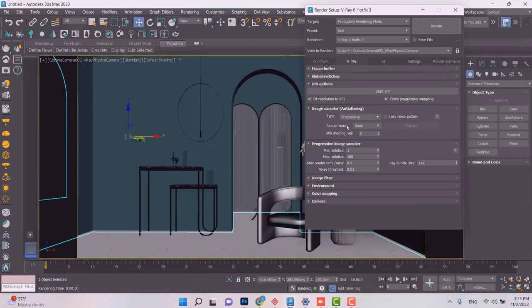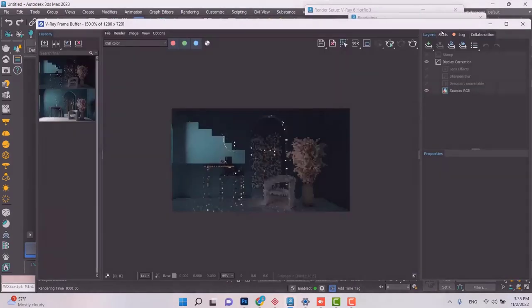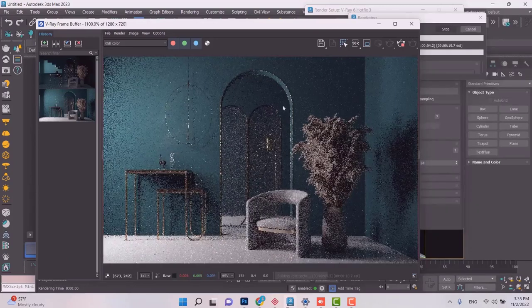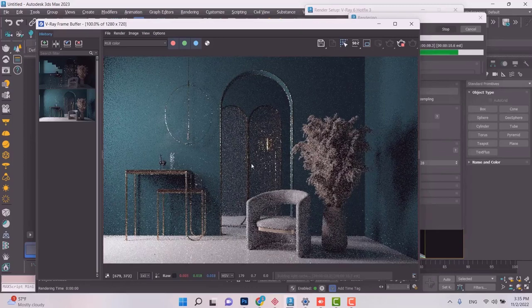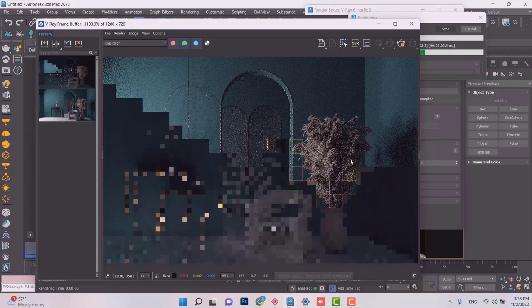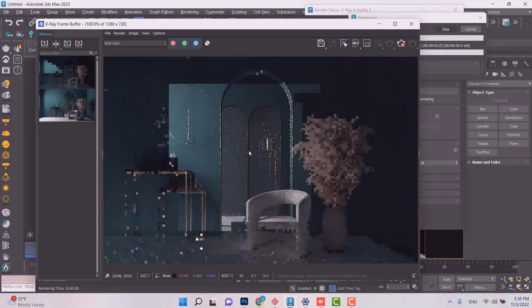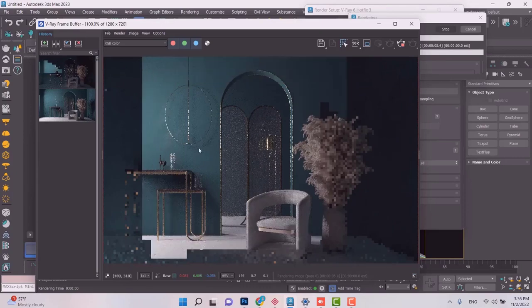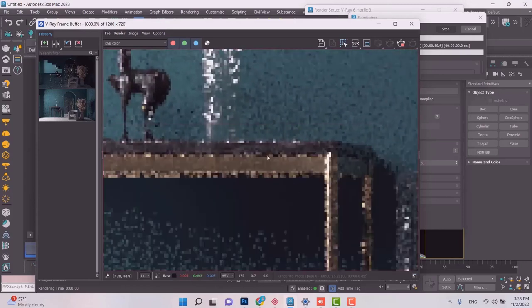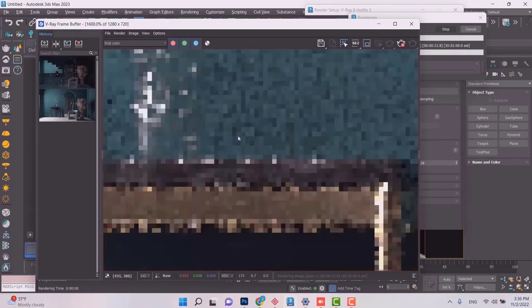So basically, if we take a render with the progressive type, you can see that after the first two passes, which are like pre-passes, have been completed and the GI information has been collected and all the calculations have been made, then the V-Ray engine is going to start displaying our final image progressively. So it's going to start with a very low resolution final image, and as time passes it's going to improve that image in terms of resolution and quality. So it's going to start with a lot of noise like this, and then as time passes we're going to see a much better final image in terms of quality.